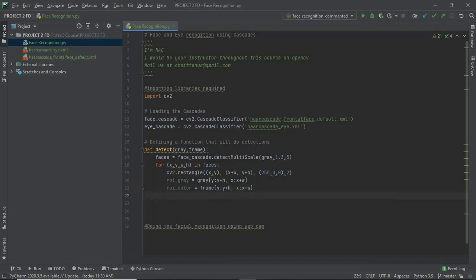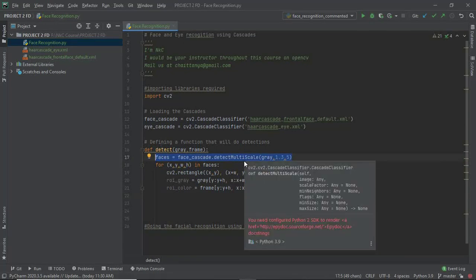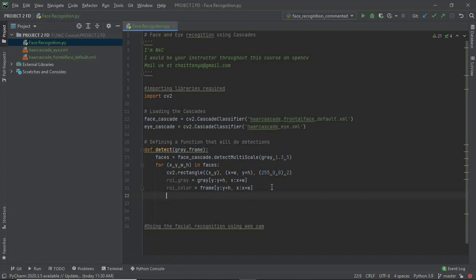Then we are going to apply the detectMultiScale method to locate one or several eyes in the image. I'm just going to copy that face part, and then I'm going to replace faces with eyes, and I will repeat the entire process with the required modifications.